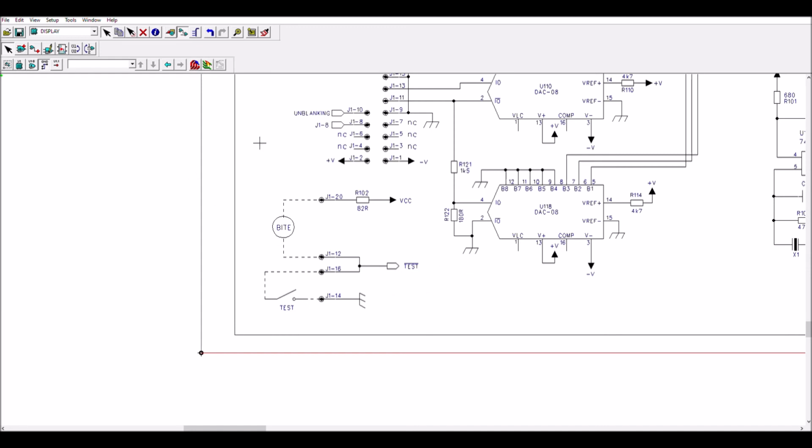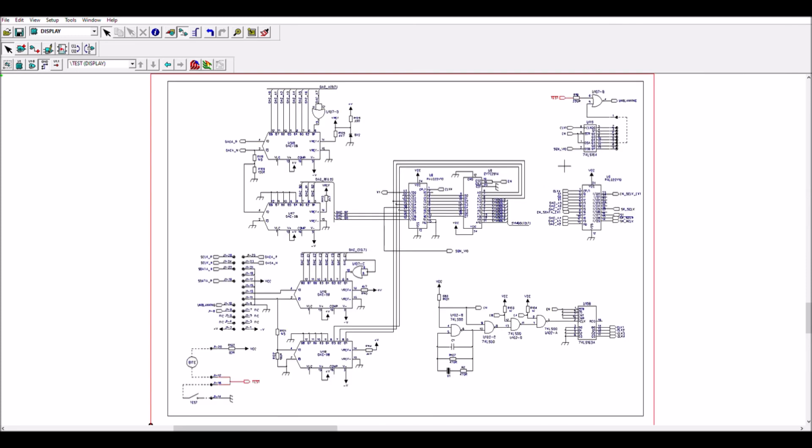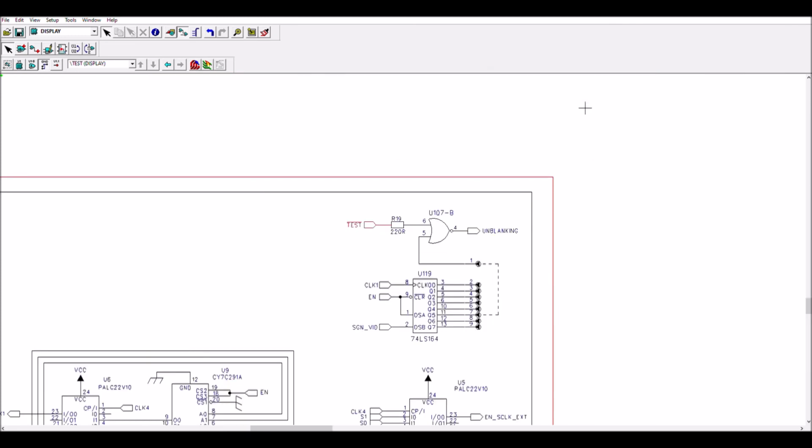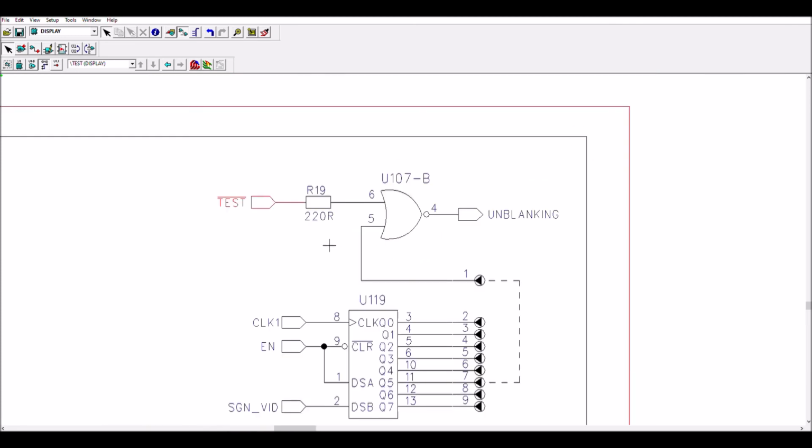And if we see where this signal is going, I will activate this net here. We'll see that it goes to this NOR gate here. When the signal is at high level here, it is the normal mode when the button is not pressed.